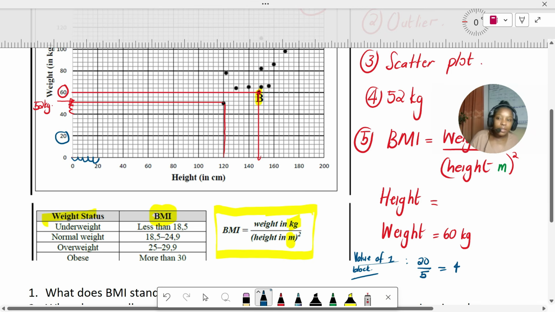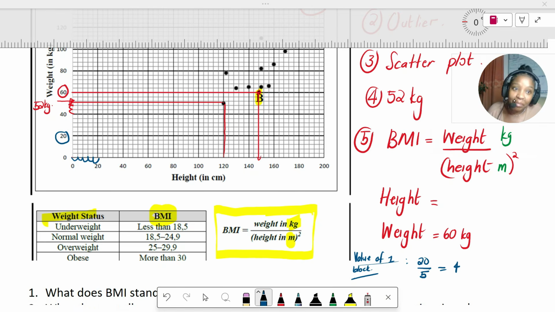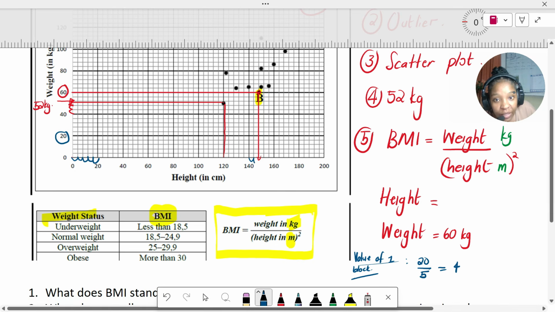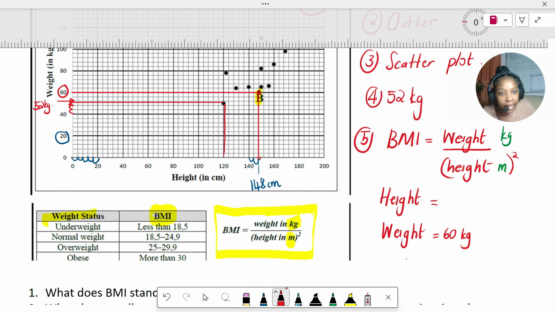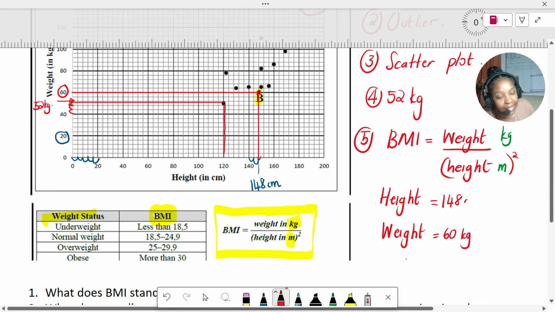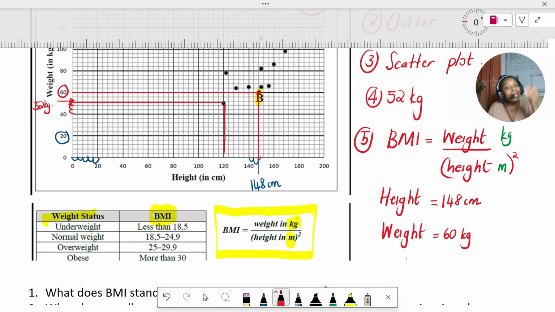So it's still the same thing. There's a reason why I repeat it. So that means that we are increasing by 4, 4, 4, and 4, right? So that means that now, if we here have 140, it's 144, 148. So that means that the height of this person B is 148 centimeters. But remember, when we're calculating BMI, the height needs to be, even from the equation,